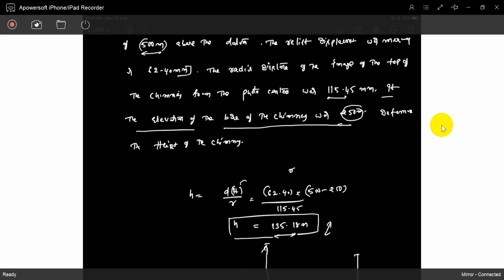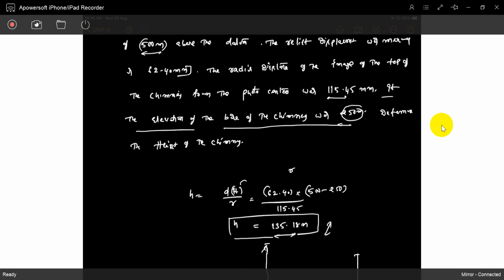That's how we can find out the heights of objects. The third dimension also we can capture. Understood? Remaining problems are very simple. Everything is there in the problem. You can find out the relief displacement, the height of the objects, everything. So 3-4 parameters are there. They will give 2 parameters and ask for another parameter. That's the question.